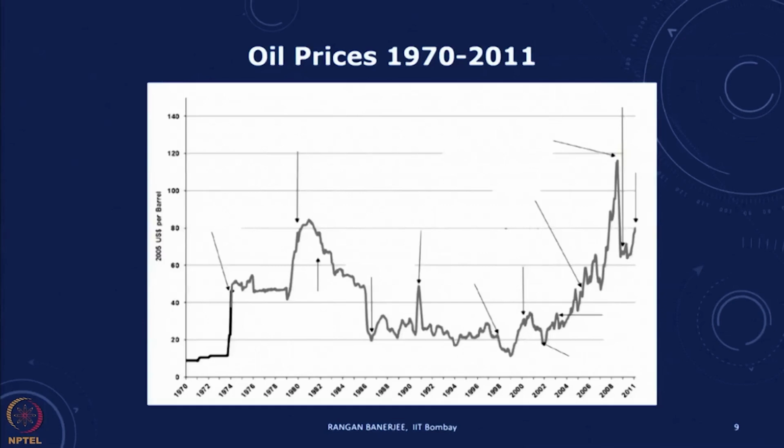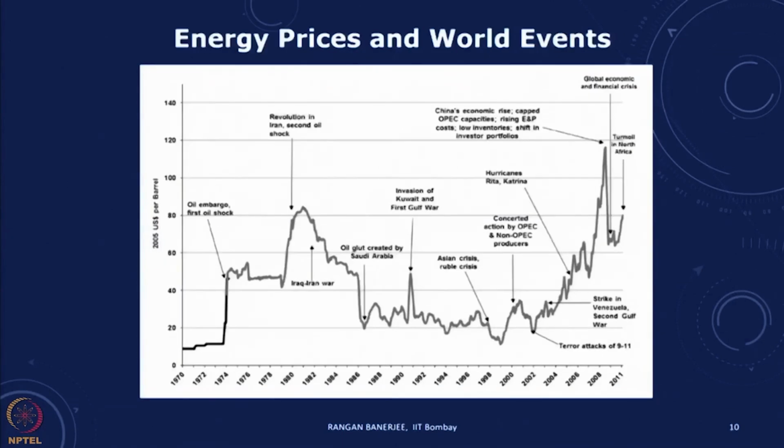Now, this plot shows the trend in oil prices with time, and you can see there are no very clear cut patterns, but if you look at all of these arrows which are there, these arrows all relate to actual political events, and those events have an implication. There are some particular blockades, there are wars, and these have always had an impact in terms of oil prices. Sudden spurts in the prices result in adverse impacts to economies which are dependent on imports.